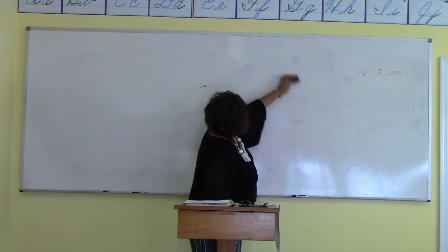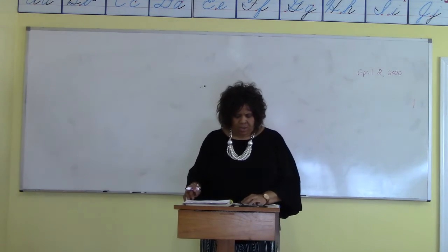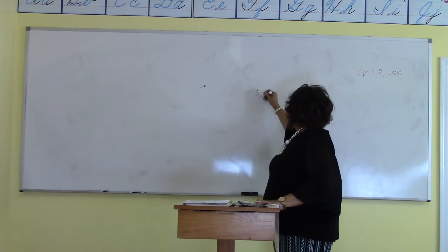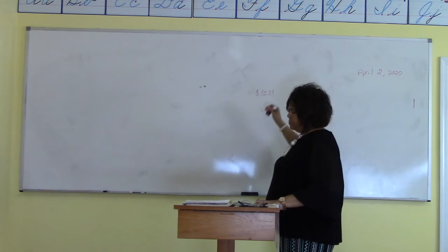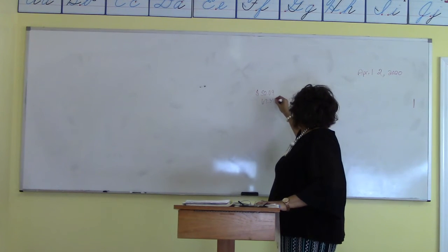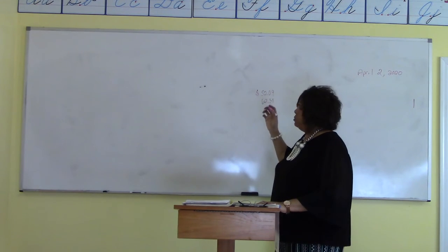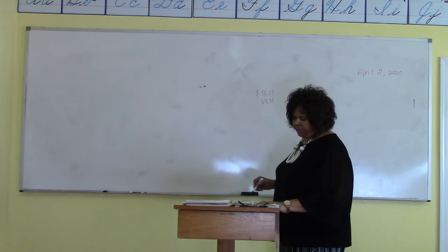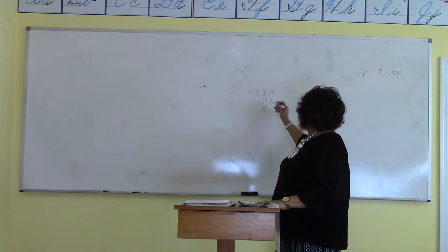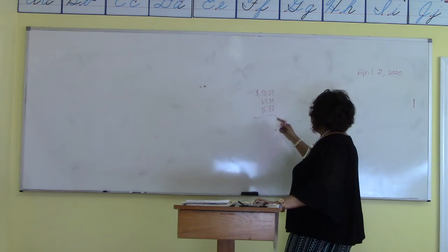This word 1. Okay? We have $52.09 plus $67.31. Notice I'm not putting my dollar signs because we don't need them. We know that it's money because we had the first dollar sign. And then $15.82. Now, when we add all of this together, we should come up with